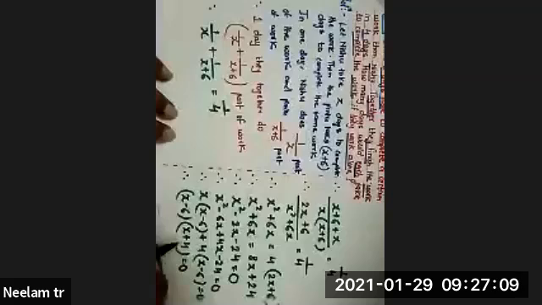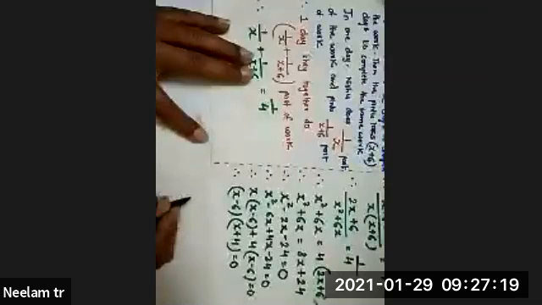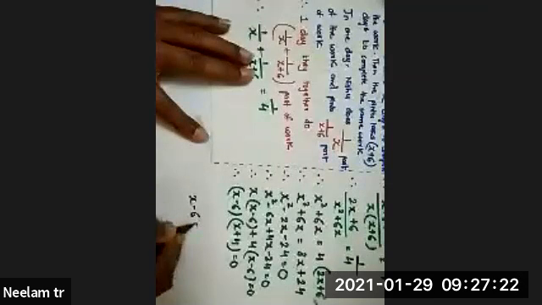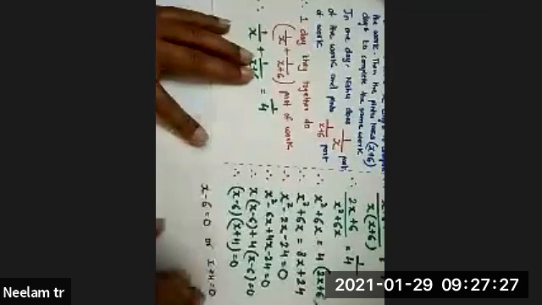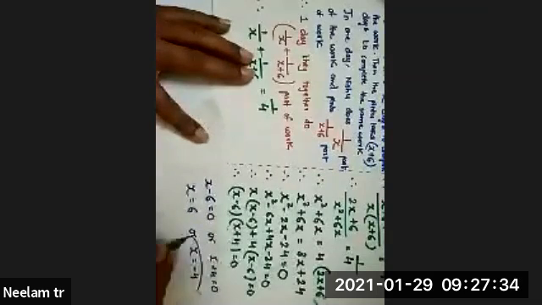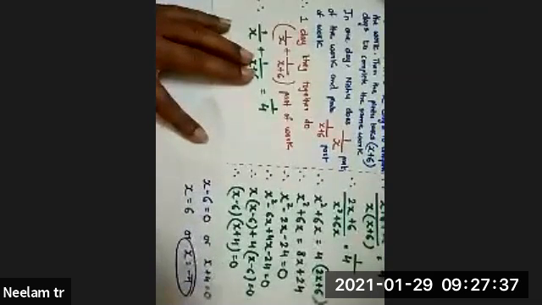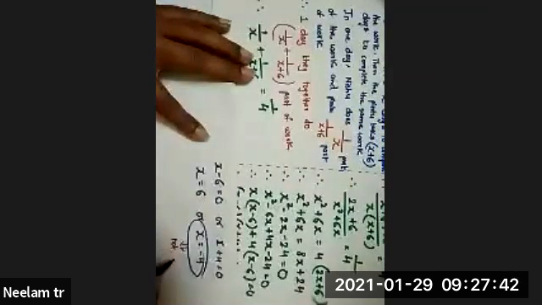Okay. (x minus 6)(x plus 4) is equal to 0. Two roots you got. So I'm solving it on the next page, okay? So x minus 6 is equal to 0 is one root, and x plus 4 is equal to 0 is another root. So one value of x is equal to 6, and the other is x equals minus 4. Work won't be negative. Work कभी भी negative नहीं होता. So it will be not acceptable.